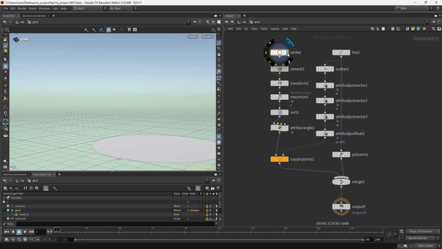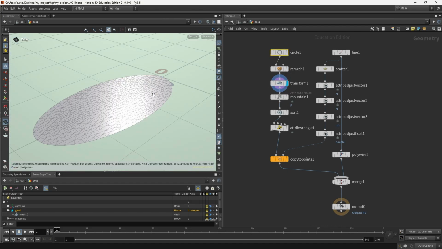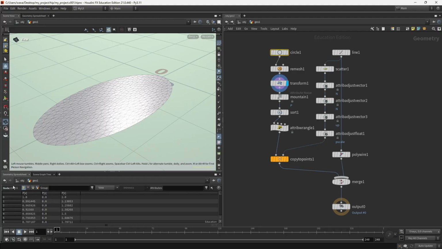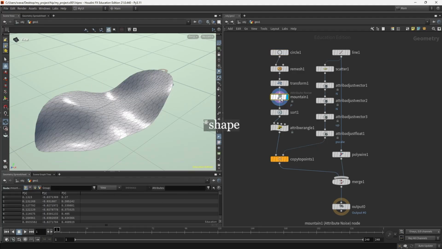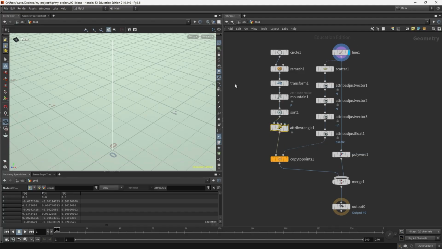In this case, we have a circle. We remeshed the circle, we scaled it, we added a value from a noise pattern to its P attribute to give it some shape. We sorted the point number, and then we did a little bit of math to move the leaf to the origin. And then on the other side, we created a line.